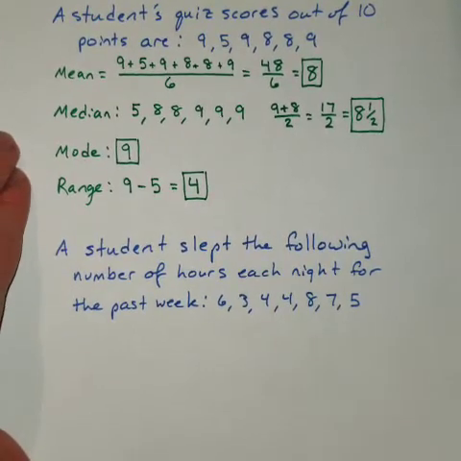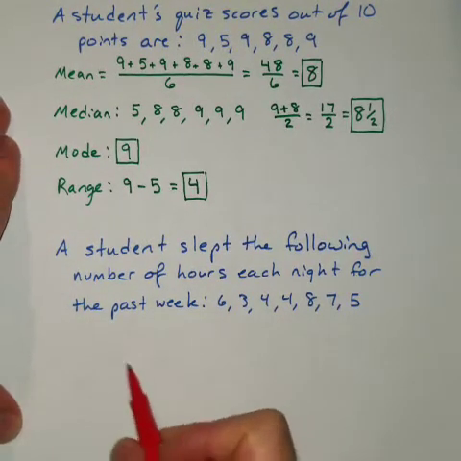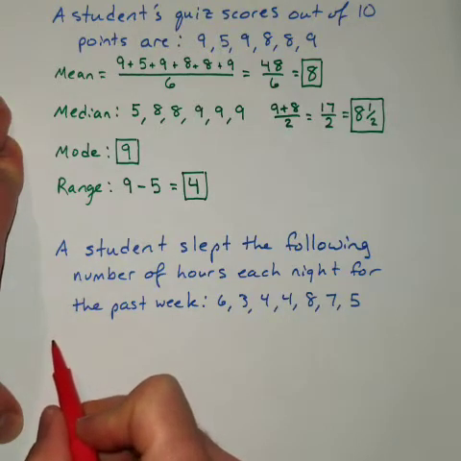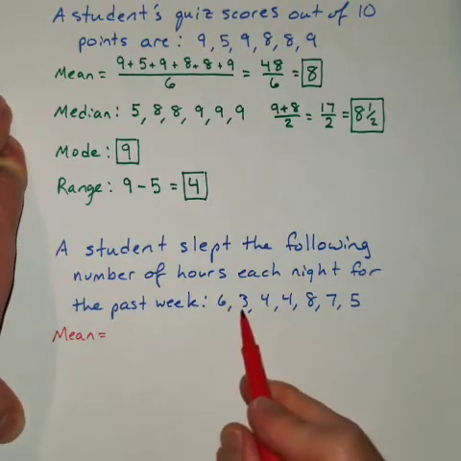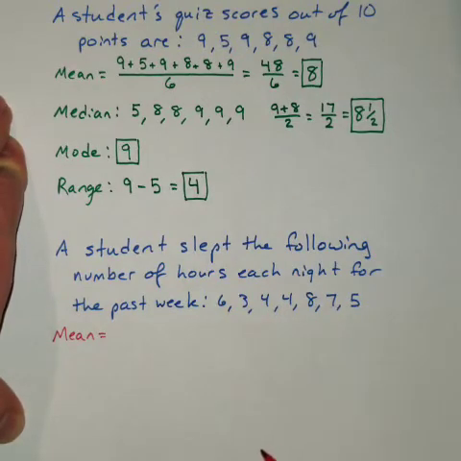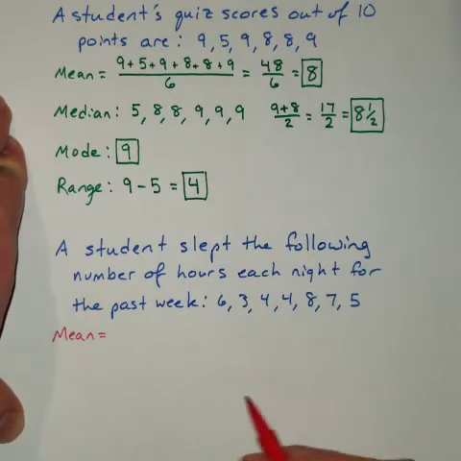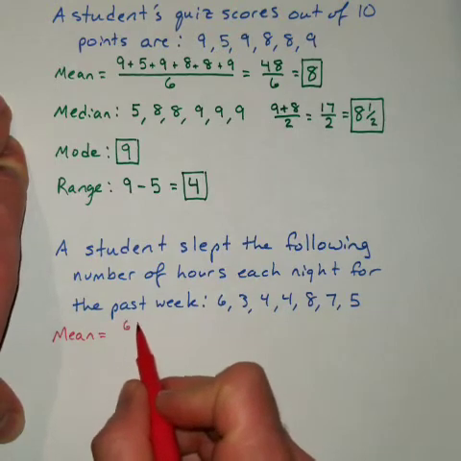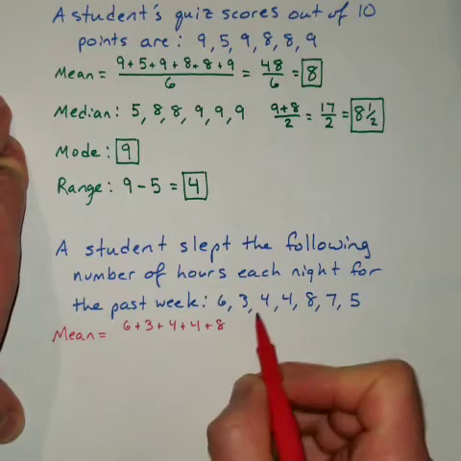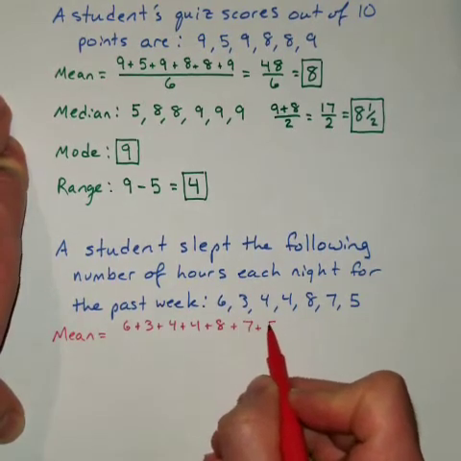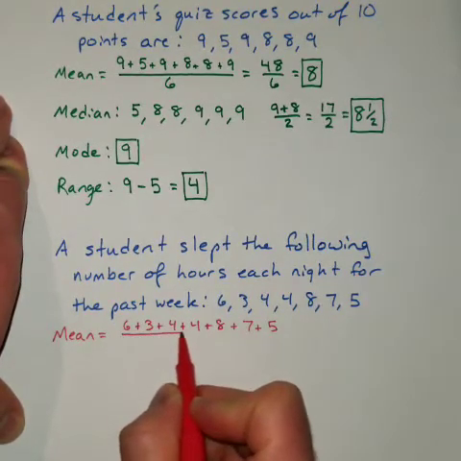Okay, so these are the data items, and now we'll go through the mean, median, mode, and range. So the mean, again, you just add those 7 numbers together and divide this time by 7. So we'd have 6 plus 3 plus 4 plus 4 plus 8 plus 7 plus 5, and divide all of